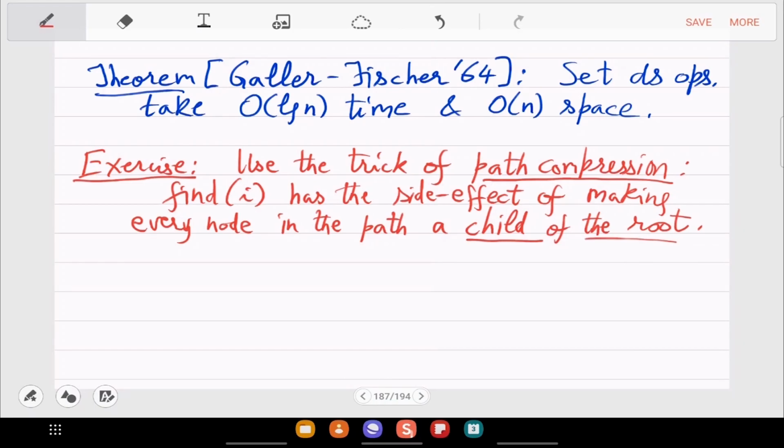So simply drawn, this is what happens. So below IT you had IT minus 1, and below IT minus 1 you had IT minus 2. So change the parent of it, directly connect it to the root.